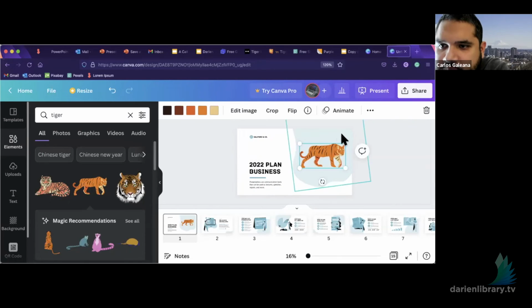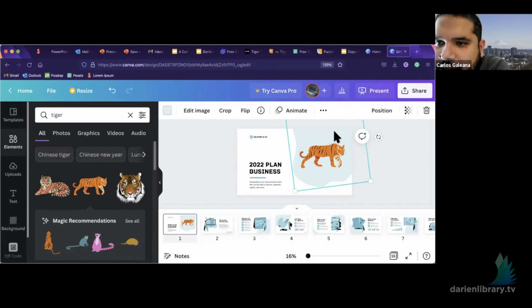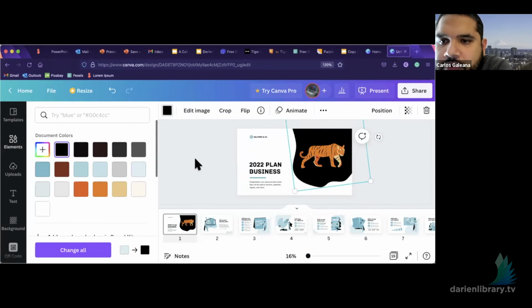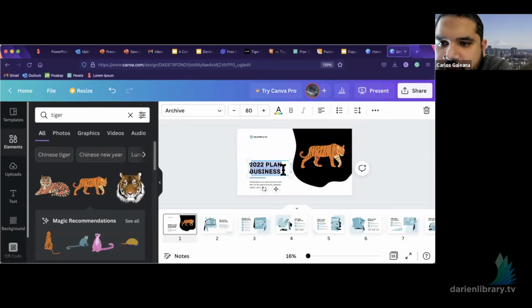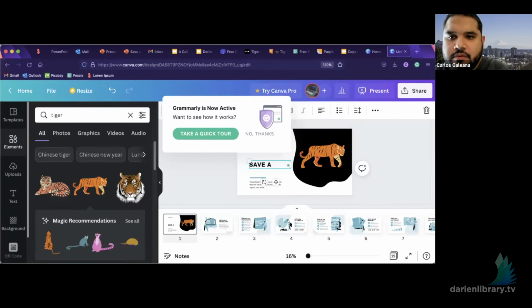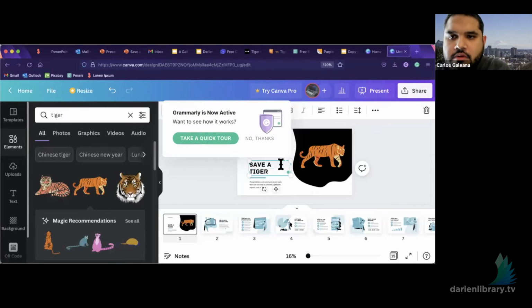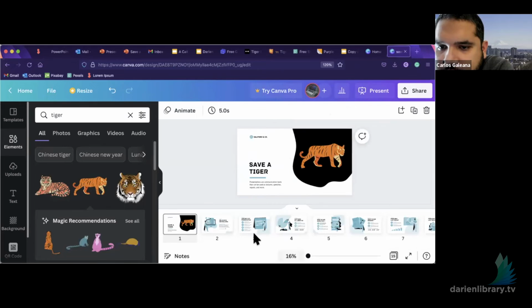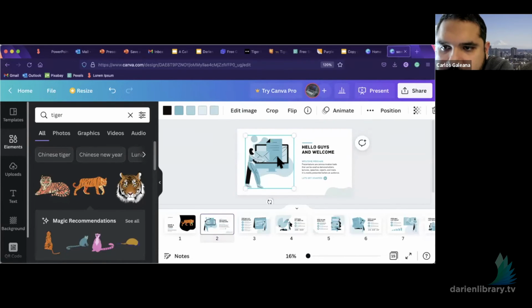And then there's this big sky blue blotch here, looks like paint. So I just click on it and then give it a black color. There we go. And then I could see business plan. So I could just do, again, say a tiger. And if I keep on going, I can delete this,